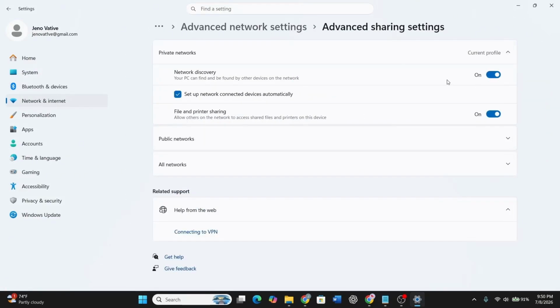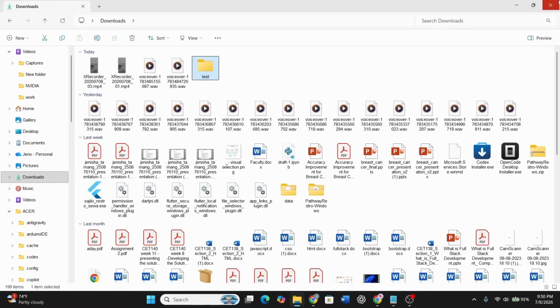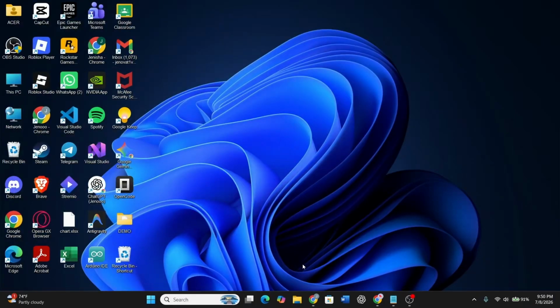Here's an important note. Only devices connected to the same network will be able to access your shared folder. If you want to share files over the internet, consider using a cloud storage service like Google Drive or OneDrive instead. Finally, to access the shared folder from another device on the same network, open File Explorer on that device